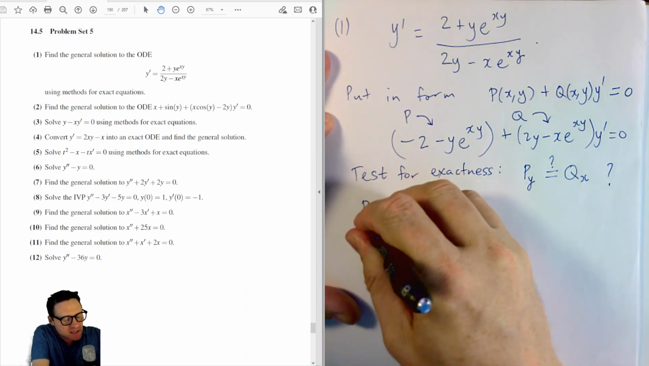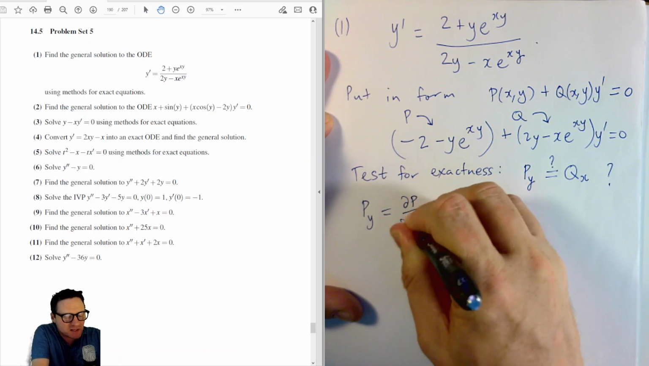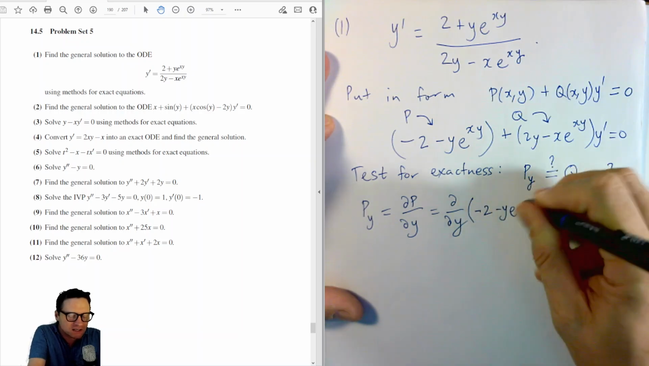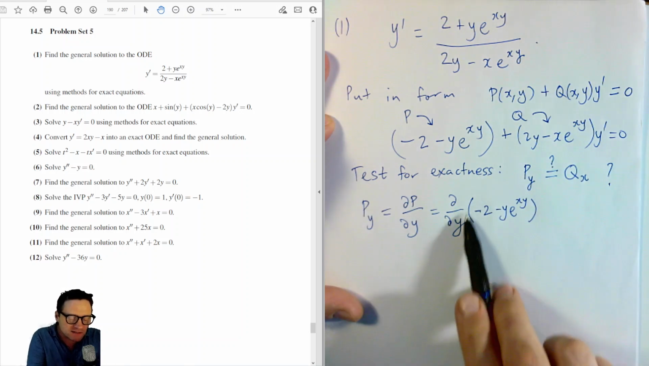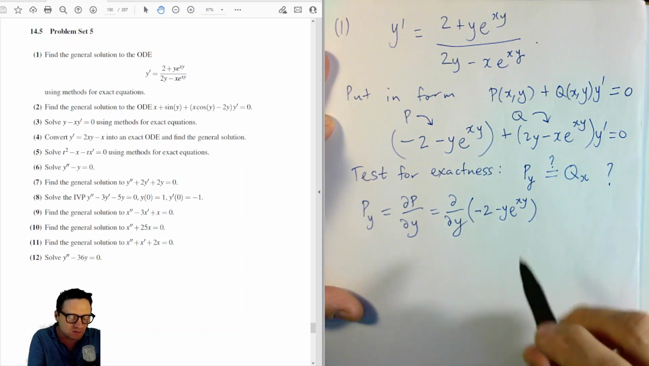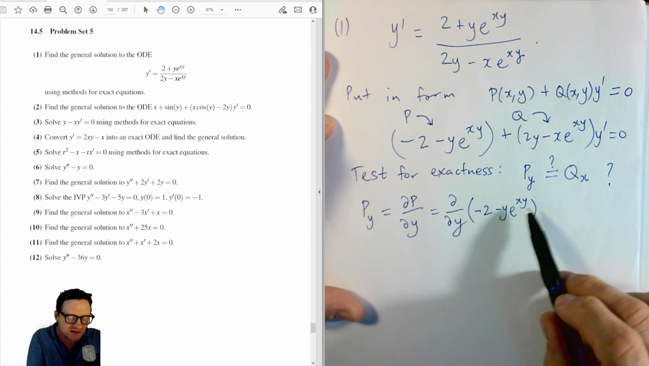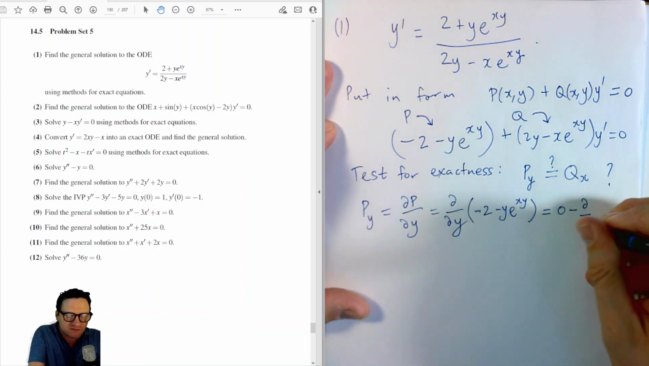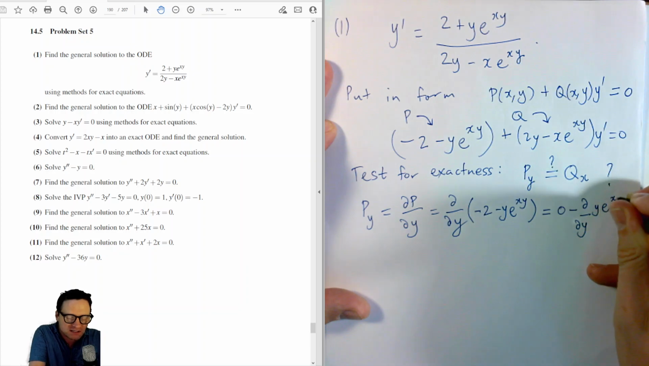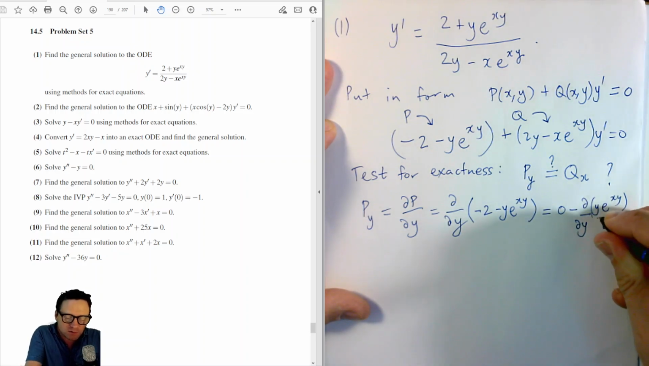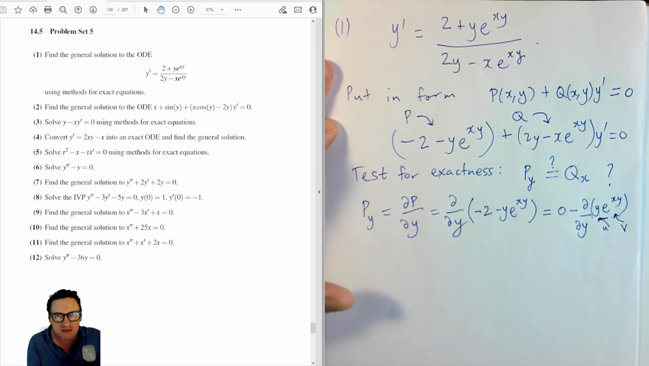Okay, so let's test this now. So p subscript y is the partial derivative of p with respect to y. And so p is minus 2 minus y e^(xy). Now applying this partial differential operator to each of these terms, the partial derivative of minus 2 with respect to y is 0. And for this one, we have a y there and a y there, so we need to use the product rule of differentiation. So we have 0 minus the partial derivative with respect to y of y e^(xy). All right, so here we have a u, here we have a v. So I'll point that out, and so using the product rule,